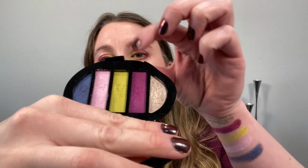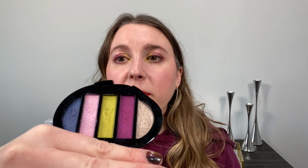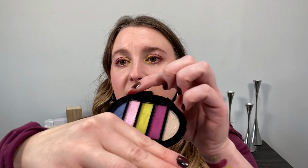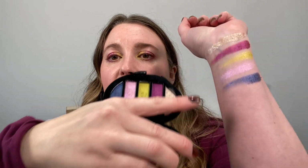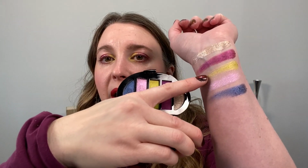Now, the green and the light pink, I have to say, are different than I expected. You can build them up to get something as deep as the swatch, but in general, you really have to kind of pile that product on to get it that vibrant, in my opinion. So again, I mentioned that you really need to work in a larger area to really see those well, or you can use something like a foam tip applicator to get something in a more precise spot. But these are lighter shades, and they are a little bit harder to build up than the fuchsia and the blue. Part of it is, they're light in general, but the actual